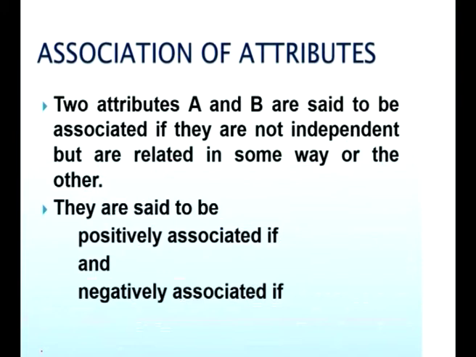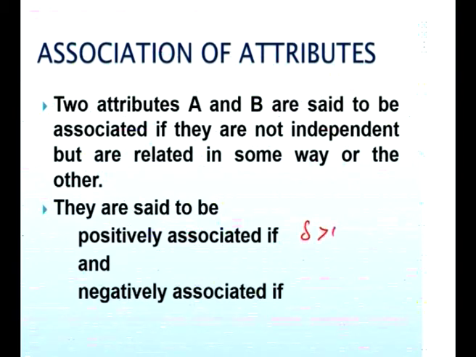So, we finished with talking about independence of attributes. After independence of attributes, let us now talk about association of attributes. It is slightly the opposite of independence. So, two attributes A and B are said to be associated if they are not independent but are related in some way or the other. They are said to be positively associated if you have